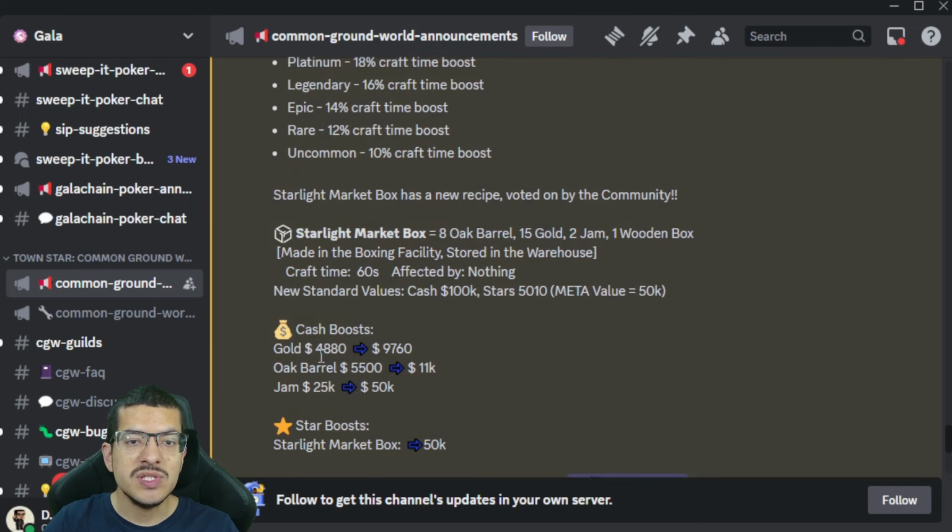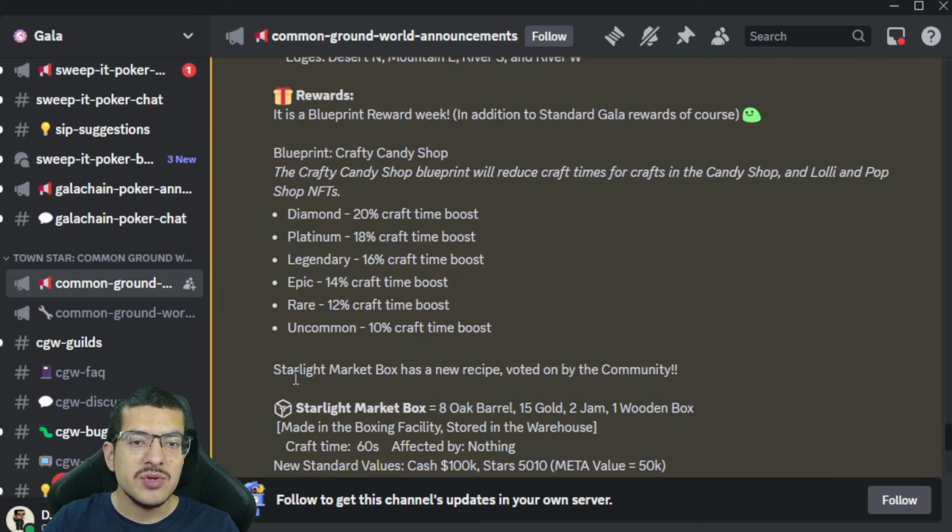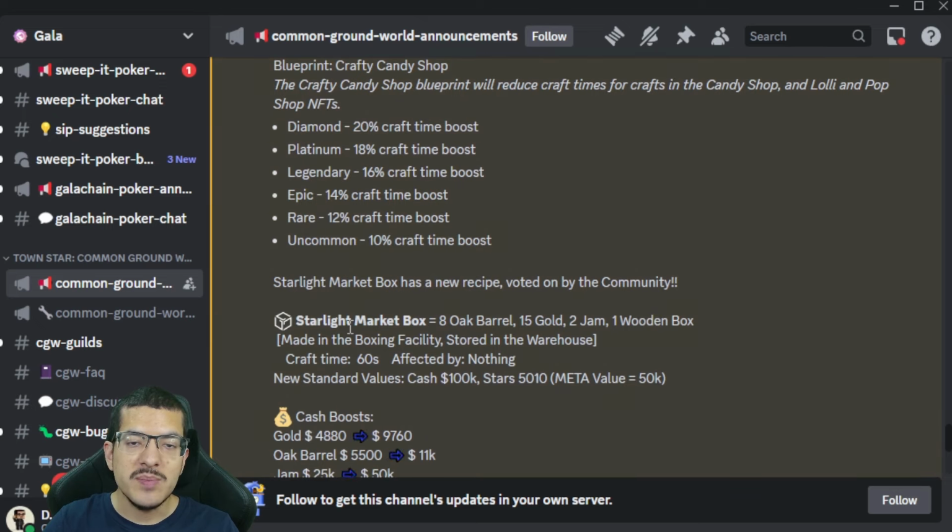So the cash boosts are gold from 4,880 for each one that you sell, now giving 9,760, so it is double the normal amount. Same goes for oak barrels from 5,500 to 11,000, and jam from 25,000 to 50,000. And of course, the Starlight Market Box is boosted in stars, giving you 50,000 stars for each one that you sell. So the craft requirements for this Starlight Market Box are 8 oak barrels, 15 gold, 2 jam, and 1